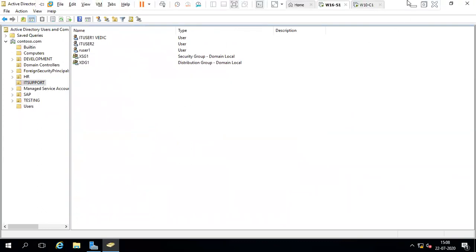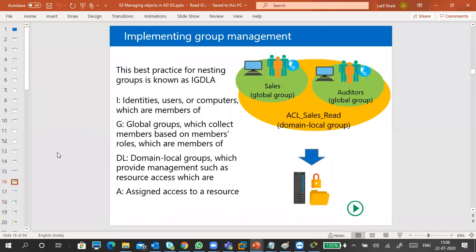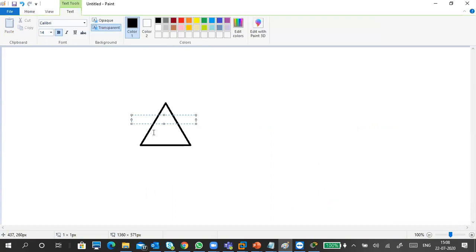Okay, so what is the difference between these things? We'll go to the diagram like this. This is another important diagram. So first of all, a triangle. What is the representation of the triangle here? A triangle represents a domain. For example, my domain name is domain 1. Or you can use domain A also, no problem. Okay, my domain name is domain 1.